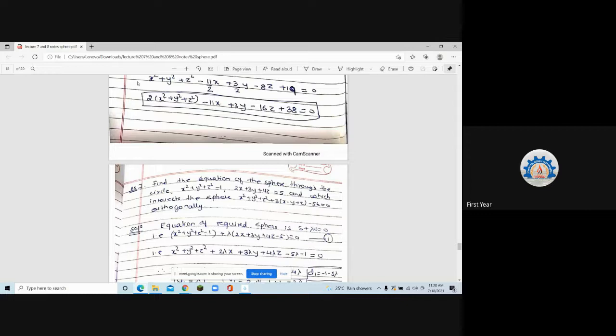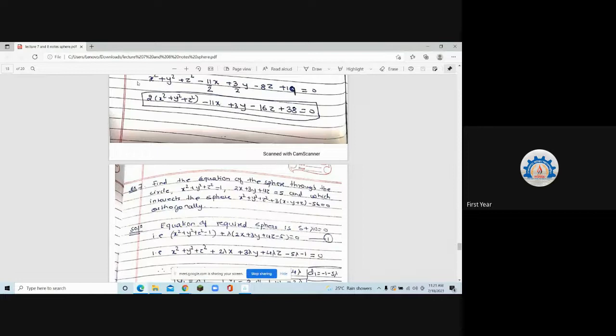अब तक जो भी concepts किए उसी से हम लोगों को ये करना है. So we get the first sphere to be x square plus y square plus z square minus 1 plus lambda times 2x plus 3y plus 4z minus 5 equal to 0. इसको proper format में लिखो. क्या यूज करने वाले हम? ऑर्थोगोनैलिटी. तो ऑर्थोगोनैलिटी का कंडीशन क्या है? 2u1 u2 plus 2v1 v2 plus 2w1 w2 is equal to d1 plus d2. We saw today in today's lecture only. Yes, ma'am. So I want u1 v1 w1 d1 u2 v2 w2 d2.